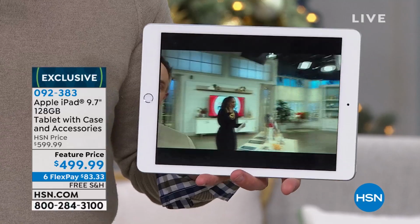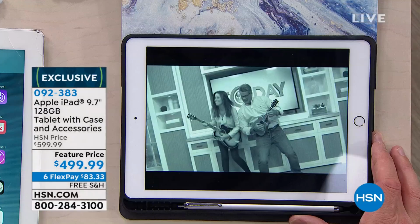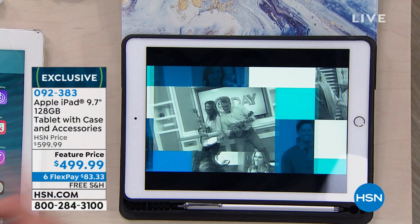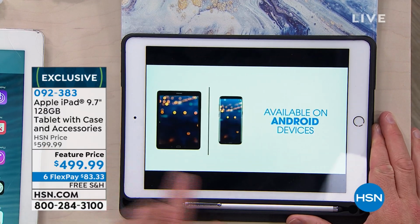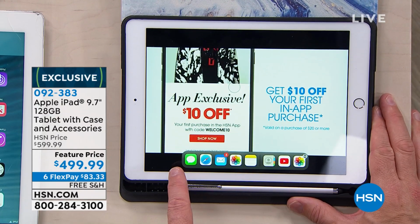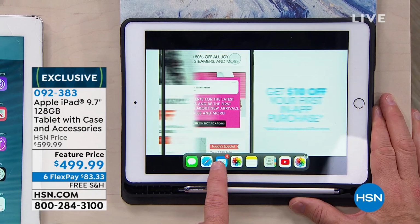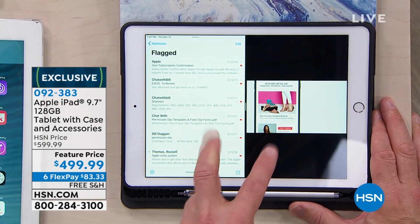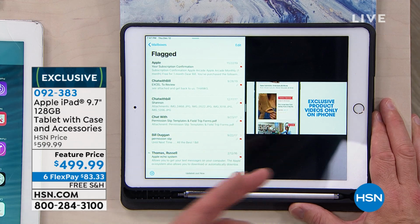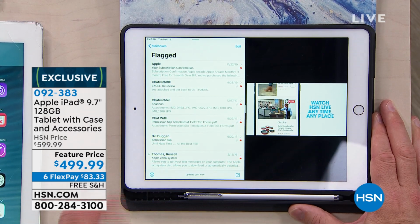So I'm watching something on YouTube. I'm watching my favorite hosts over here with their holiday host picks from years past. But guess what? I need to get some emails done. I've got to get the work stuff off my plate so I can enjoy binge watching. I'm actually able to multitask at the exact same time. The processor that Apple has in there has allowed me to be watching something on YouTube and checking my emails, doing two things at once, which again, normally I'd have to close this out, go back to it, stop, start,